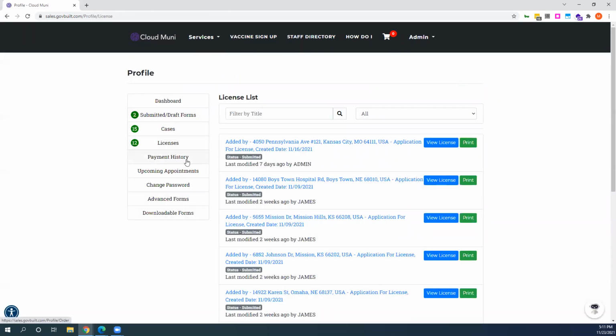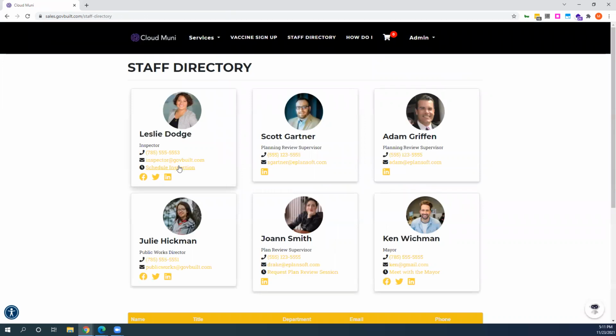The other thing I can view is all my payment history that's in the system, or any upcoming appointments that I have in the system. GovBuilt Platform has a built-in appointment scheduling system so that you can take in inspections and other items that need to be complete. For example, if I click on the staff directory and I click schedule an inspection, I will